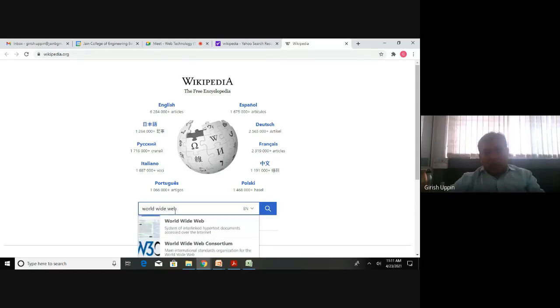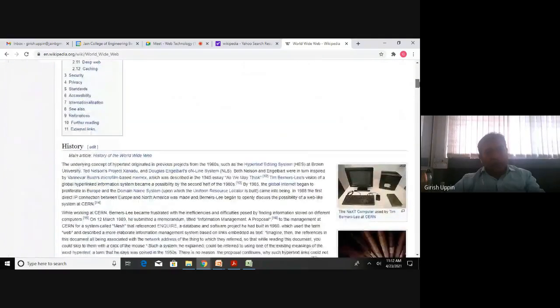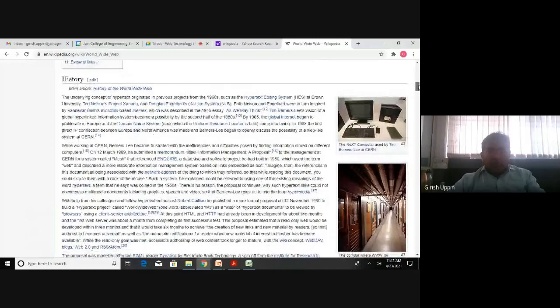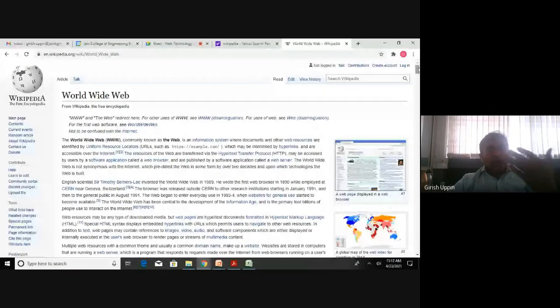There is one functionality, that is search functionality. Once I do this, mostly this content is static. Once you have this information, there is no other functionality provided here. So many organizations create static websites to provide information.